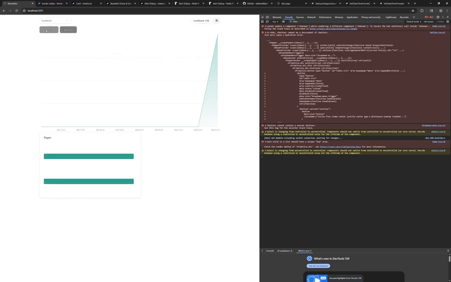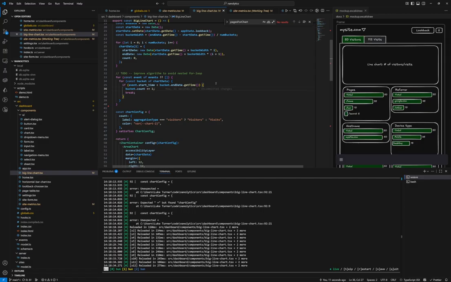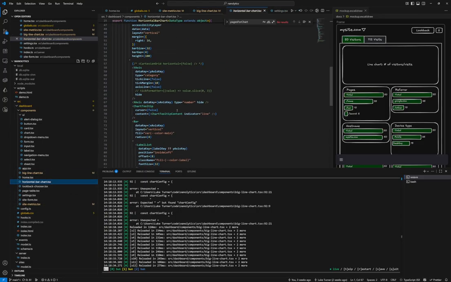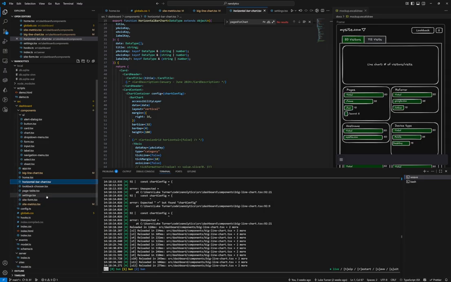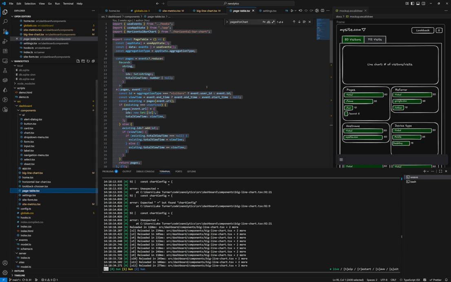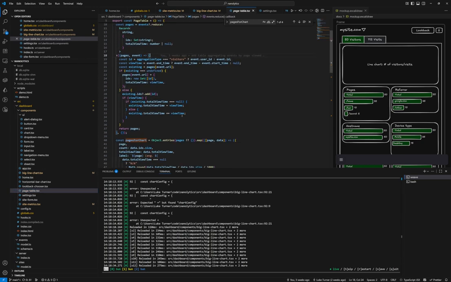If I switch to visitors, it still says 2, but it should say 1. So probably the way to do that, actually, if I go back to the page table, and